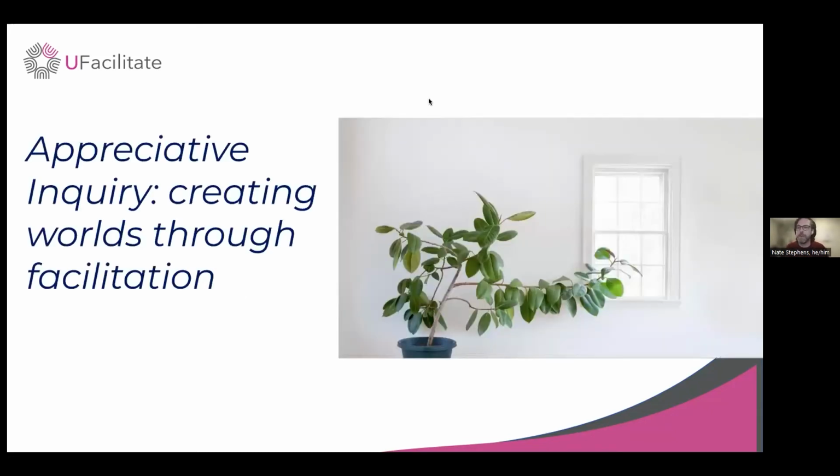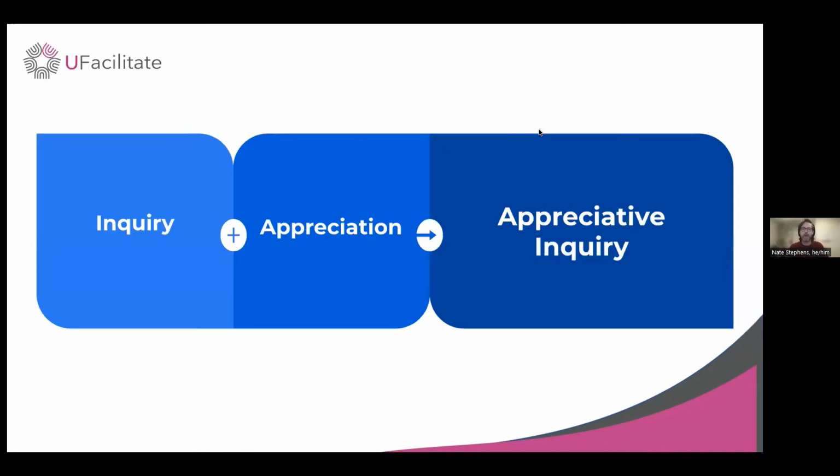What we're going to talk about right now is something called appreciative inquiry. Some of you, like I said, might be familiar with this already. I really like this metaphor of the plant growing toward the light as a metaphor for what appreciative inquiry is. It's phototropism for people: we grow toward energy, we grow toward a positive vision of the future. There's a theory and a whole methodology built out around this. Having this little plant reaching out to the window is a helpful image for me in simply understanding why.